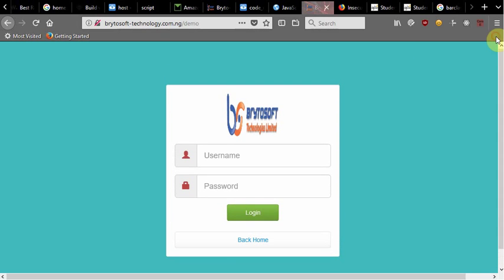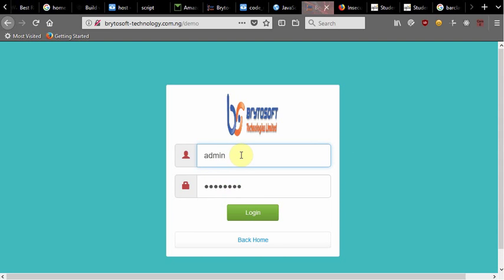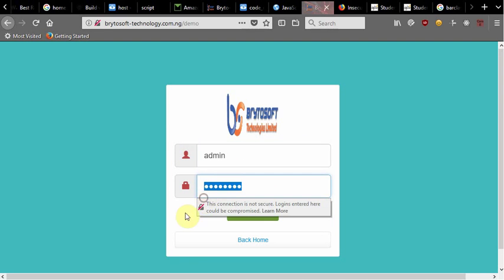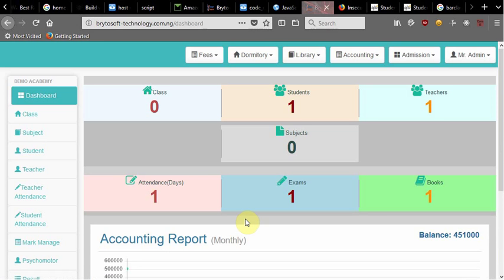So the first thing to do is to log in as an admin. So I'll assume that a login credential has already been provided for the admin, and I'll go ahead and sign in, then proceed to set up the school. So this is the admin login name and the password as well down here. So we'll log in. So this is the dashboard